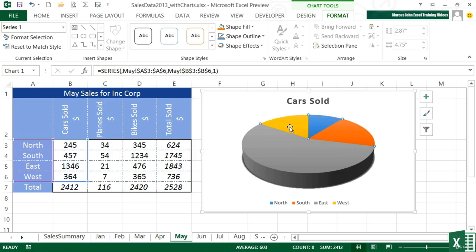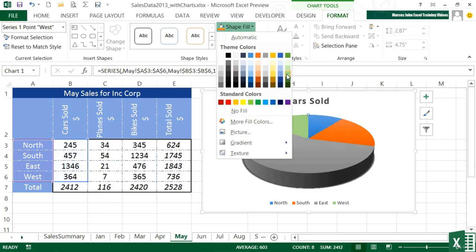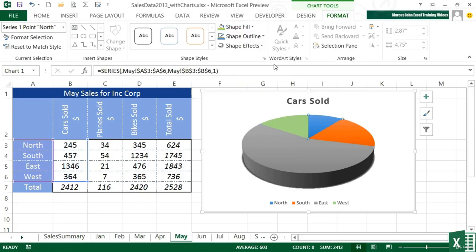So I can select a single slice. Now you have to be a little bit careful with the pie chart that you are selecting a single slice. You can see there that a single click has actually picked up 3 slices. So I need to click again to make sure I only pick up the 1 slice. And then I can change that to a different color. Let's go for a slight green. That one there, red. And that one there, bluey. And this one here,